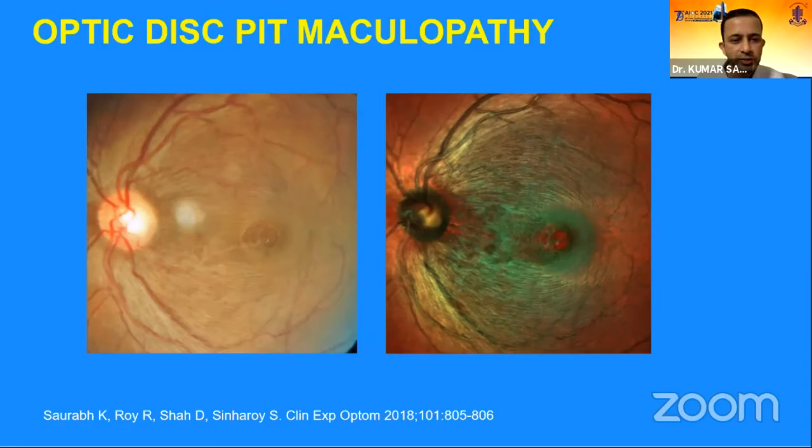And if one looks at the optic disc a little more minutely, the color fundus photo doesn't give us any clue about the possibility of an optic disc pit here, whereas the multicolor image shows that the central cup of the disc has a blackish discoloration in the inferotemporal margin of the neuroretinal rim. So that is the site of the pit. In optic disc pit maculopathy, many times the pit is occult, and multicolor imaging can help us in identifying these occult optic disc pits also.